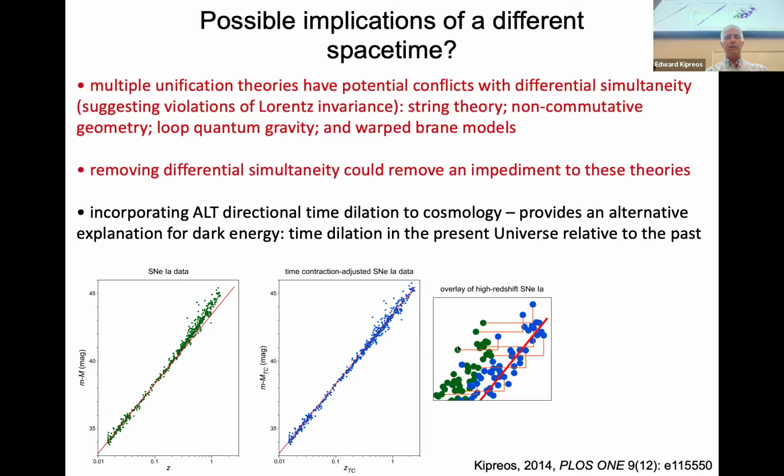And if you take into account the time contraction was in the past, then these supernovae are going to be shifted over directly onto the line. And I've now done this with, this was from 2014 data, I've now done this with new data, which is even better, goes further, it's tighter, and now the fit is the same as current cosmology. It's exactly the same or better than current cosmology like lambda CDM or wCDM models.